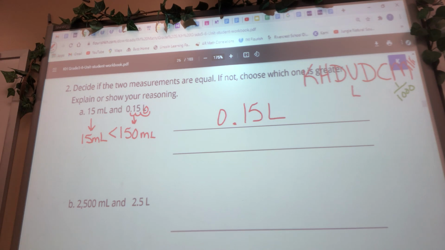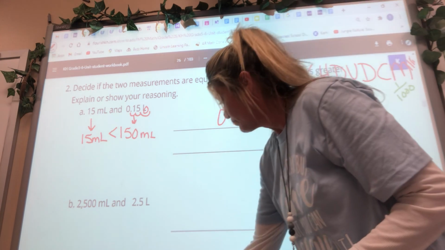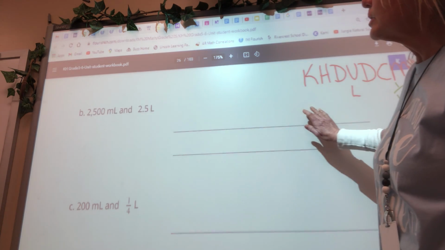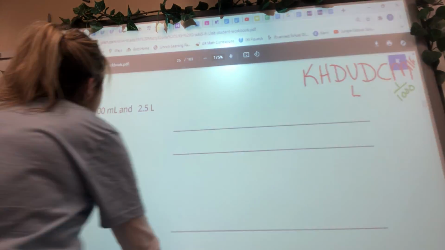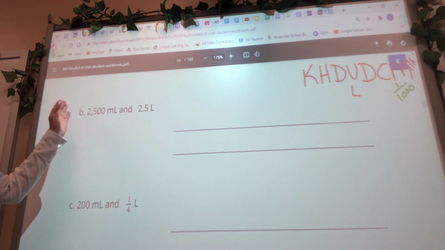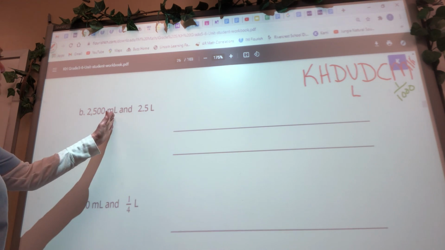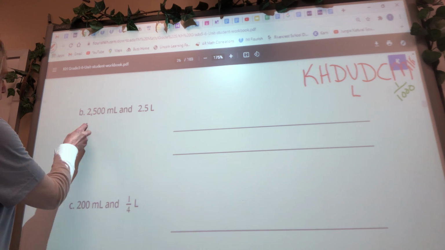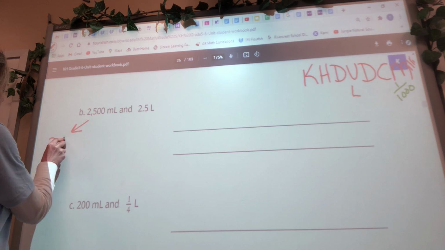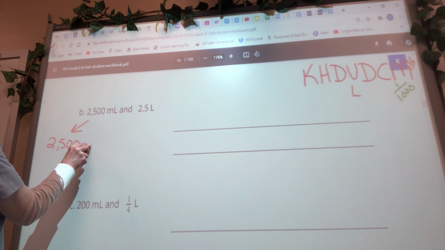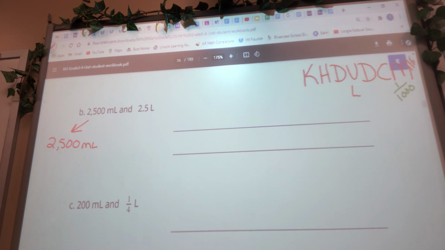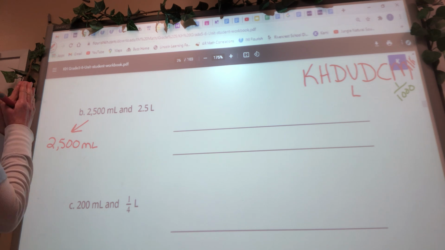All right, in the next one, in order to see which one's largest, you have to have them in the same conversion. This one's in milliliters, this one's in liters. Again, we'll just switch to milliliters since that's what they have first. So that's 2,500 milliliters. All right, if we're changing 2.5 liters, again, liters is our base unit in the center, and it